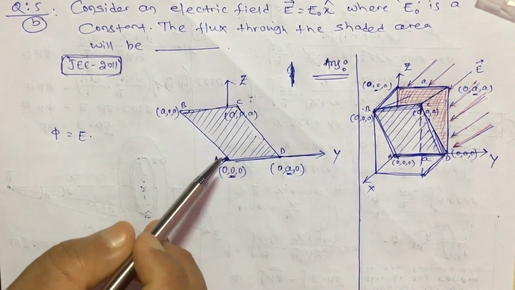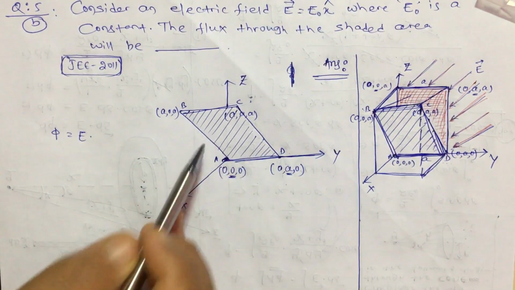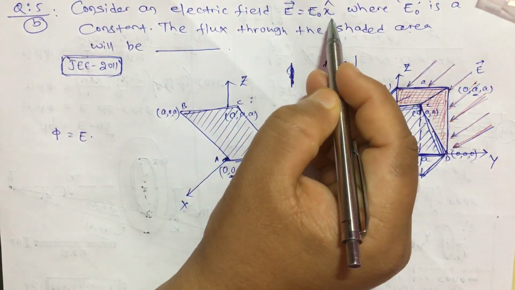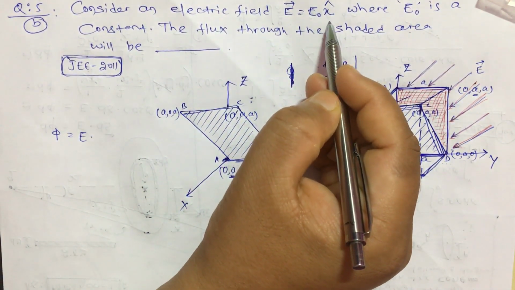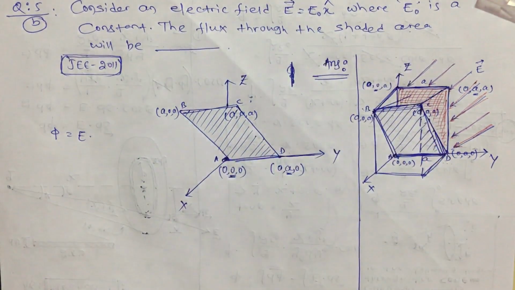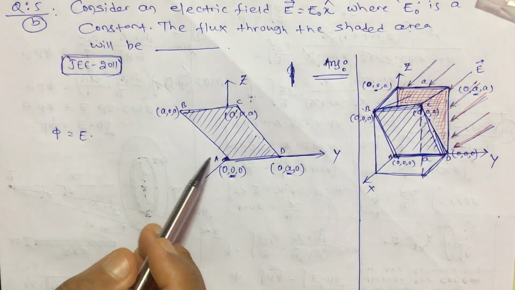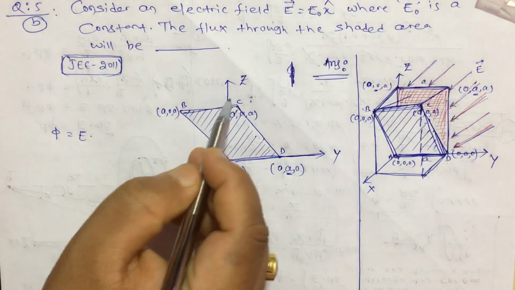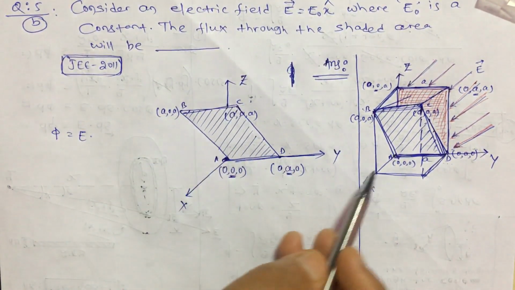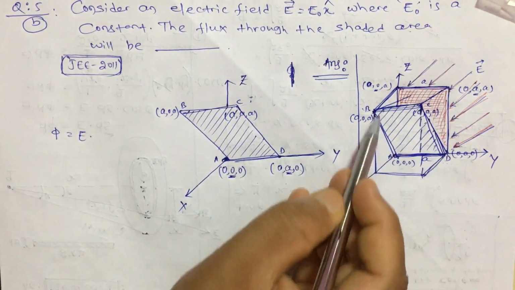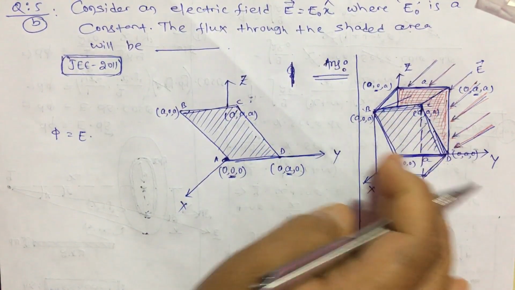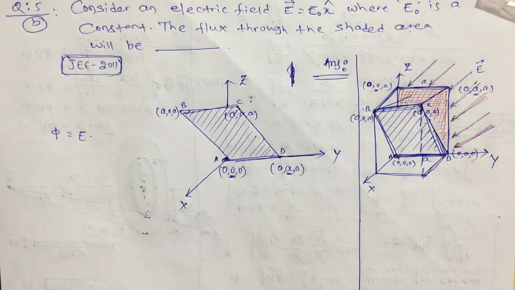You have to find the flux through this shaded area, and the coordinates are given. The electric field is a uniform one, and its direction is in the x cap direction, meaning the positive x axis. Now this area is very difficult to imagine in 3D space. So I have renamed this space as ABCD. I have shown this plane here, and I have constructed a cube around this plane. Is it clearly visible how I have done it?